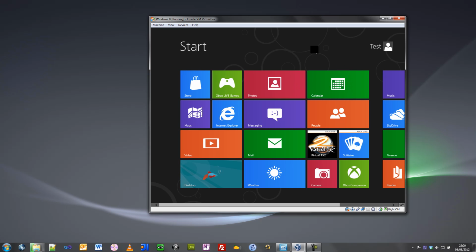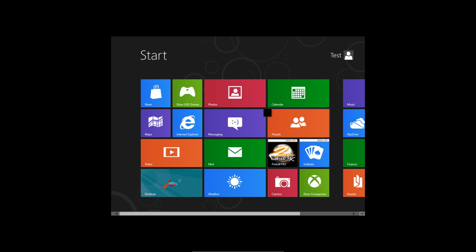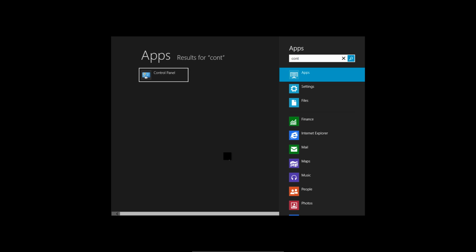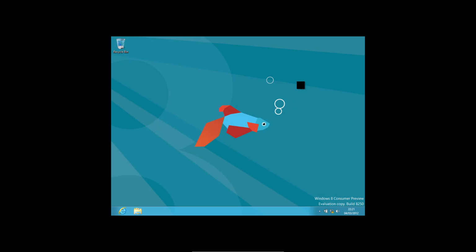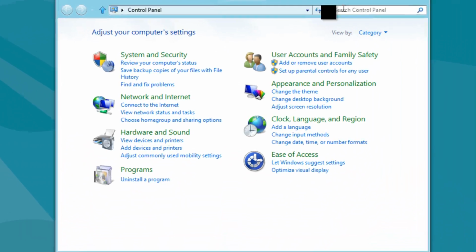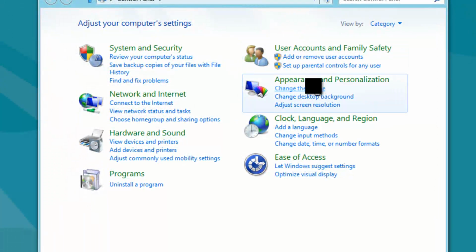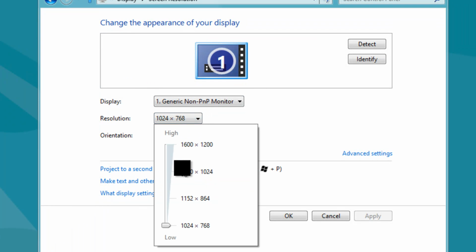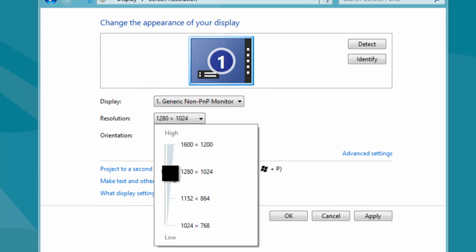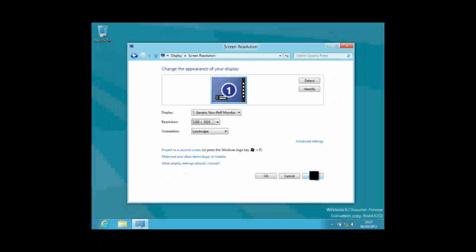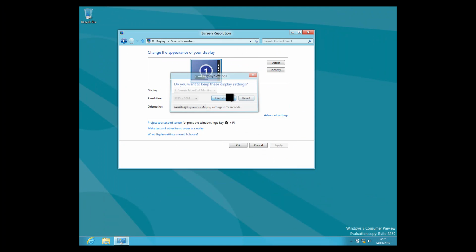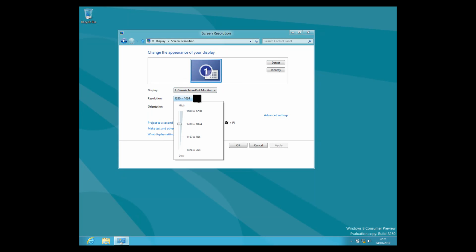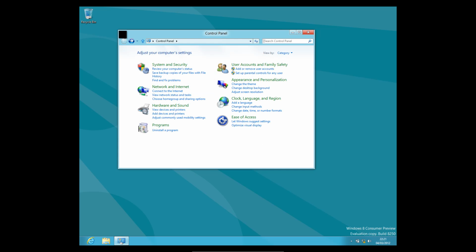So if I just boot into full screen mode there, I'll quickly show you what I mean about the resolution. Just go into here, just change the resolution. It's only got some really bad options. So you can do 1280 by 1024, which is obviously a bit better, and we switch to that now, which is not too bad. But the major problem is the fact that Windows 8